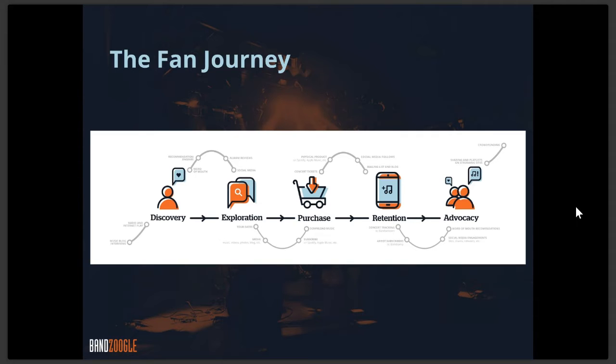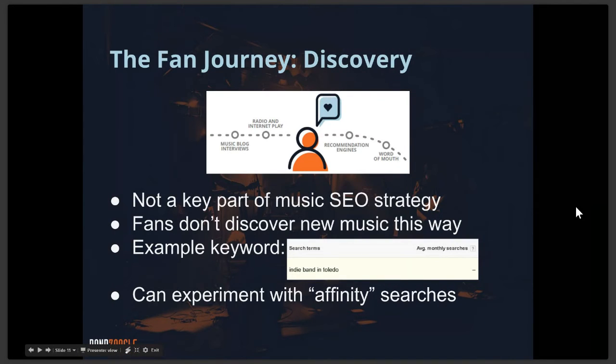So let's start with the first step, which is discovery. This is obviously the part of growing your fan base that is the hardest, and usually the most popular thing for artists to talk about. For SEO, this isn't a part of the fan journey where SEO really plays a huge role. So just to give you an example,